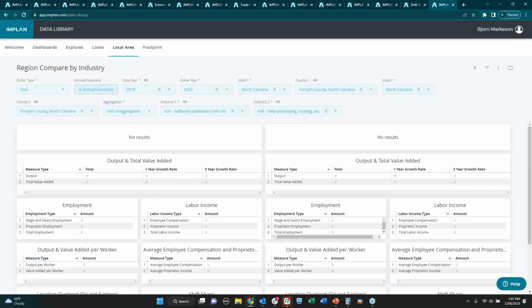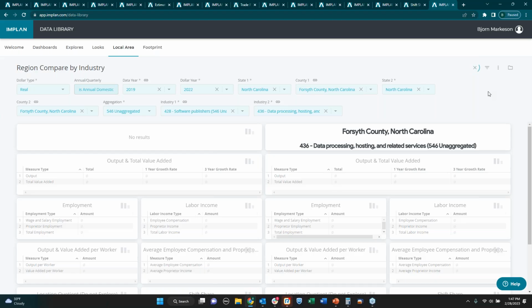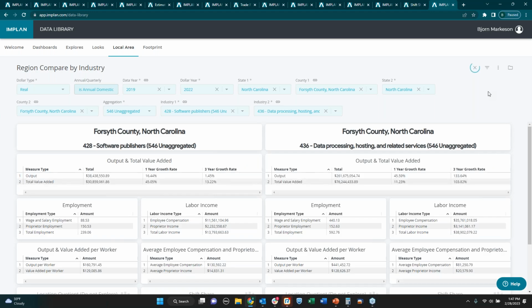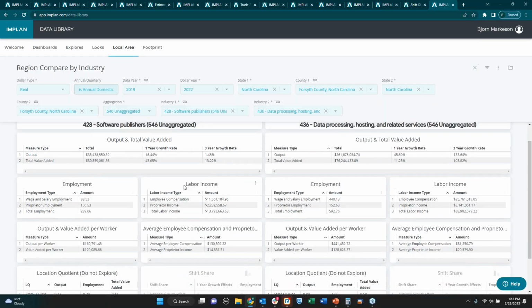I want to compare these two industries in the same region. In other words, we want to see what these trends are for Forsyth County in two